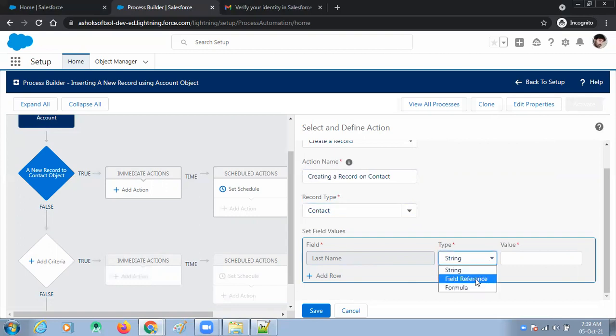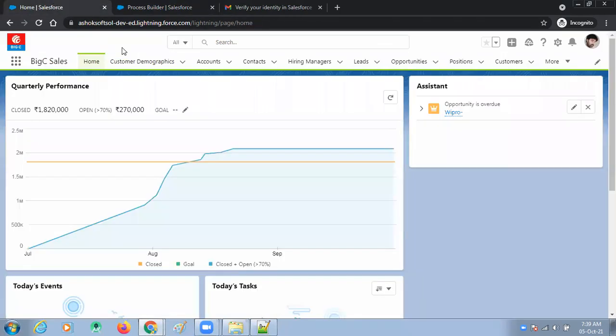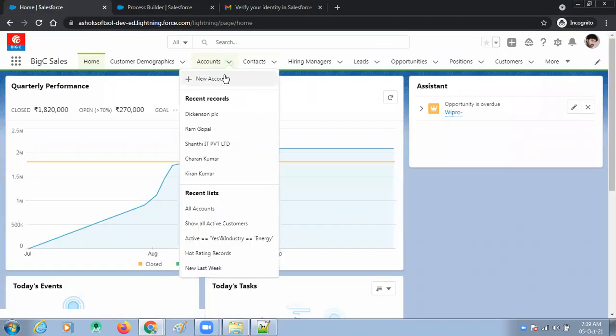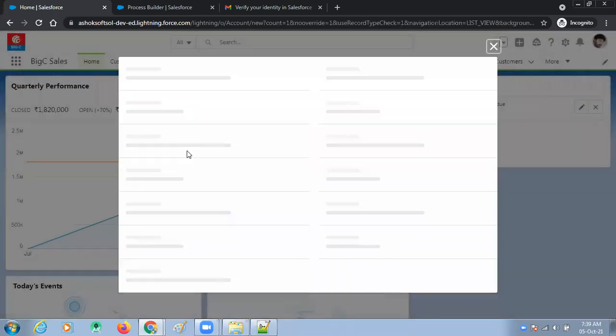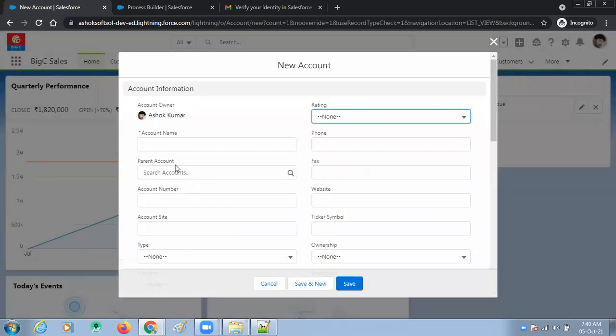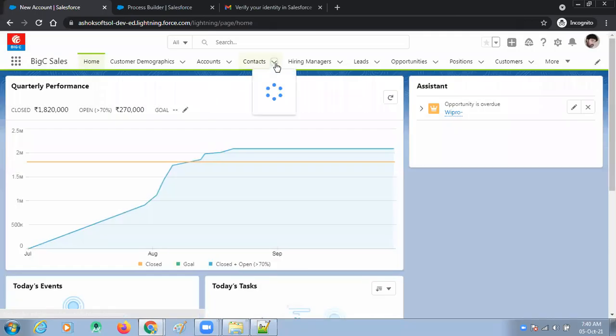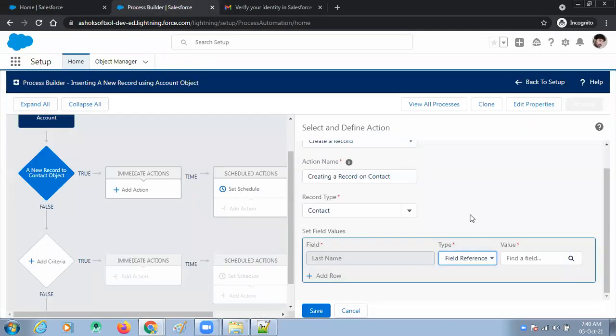Type is field reference. Why? Because whenever we insert details into the parent record, that is account, those values are inserted into the child record. So here you must also select type as field reference.